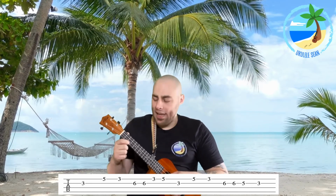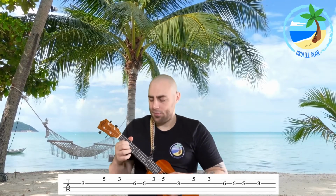It then moves down to fret number 3 of string 1, and to do this, just place finger number 1 on fret number 3 of string 1, and it sounds like this. So let's try that together. 1, 2, 3, 4, pick. Very good. So far in the main theme, we've got